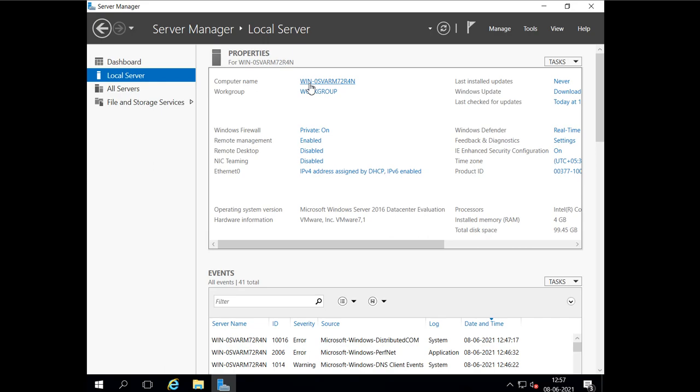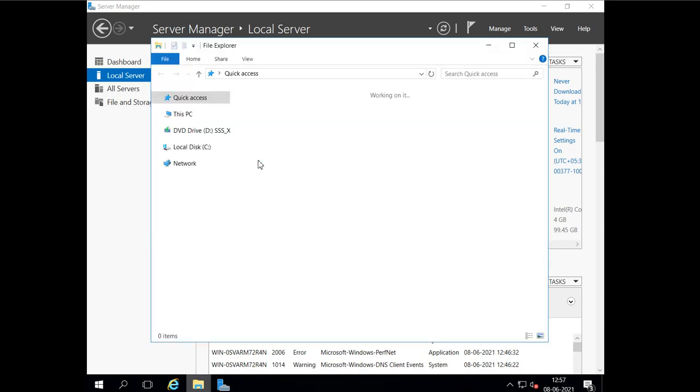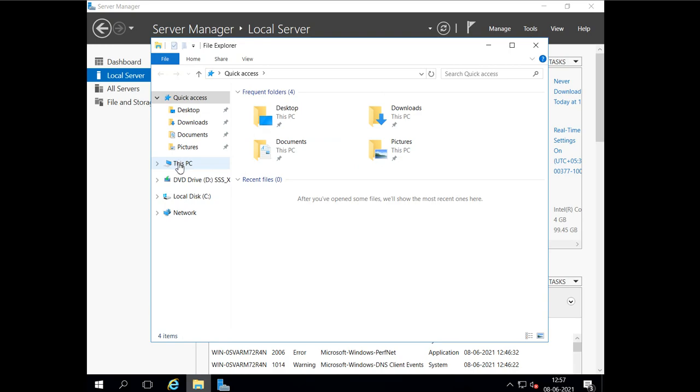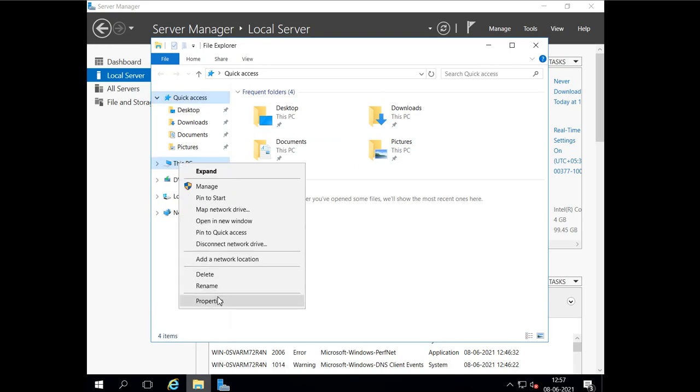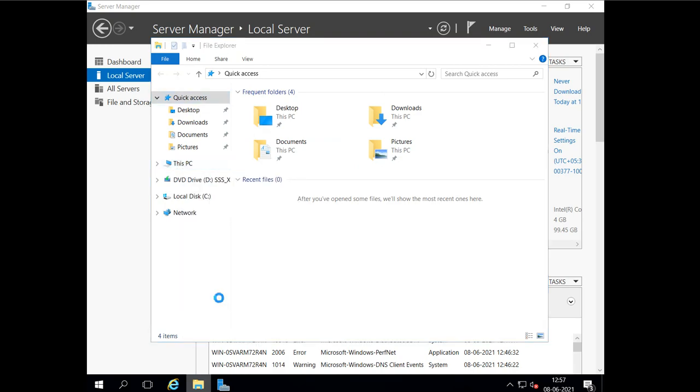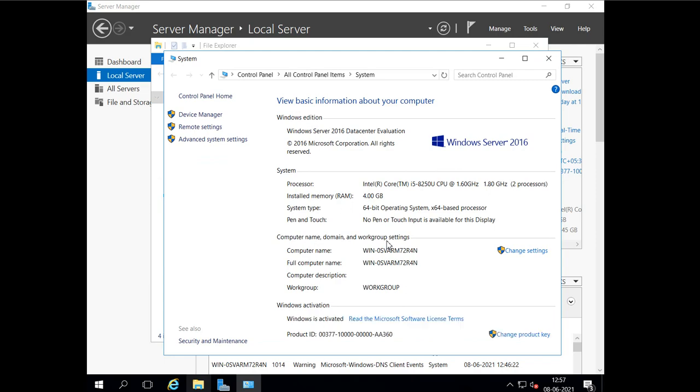Now actually, if we want to change the name of this server, what we do is go to System. That means we go to the computer's properties, and here we have the option to change the setting. This is under Control Panel, where we have the System setting.